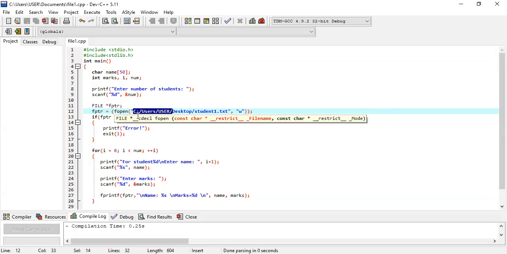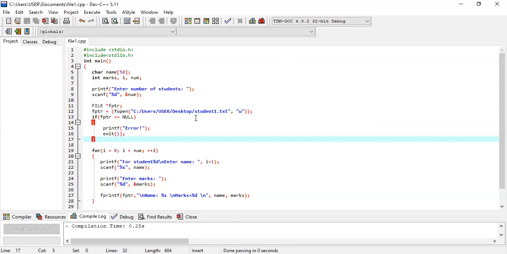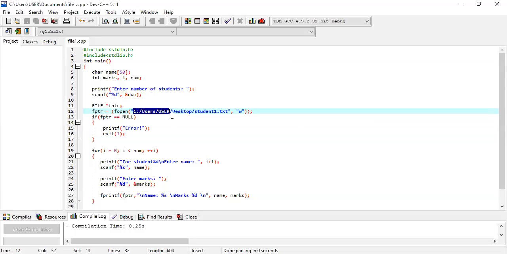Under C:, then users, then another user. After that you have to write /desktop, because /desktop is not included in the location that appears when you right click the desktop and go to Properties. After pasting that, you write /desktop, because this is the desktop path, the address of the desktop according to my device.